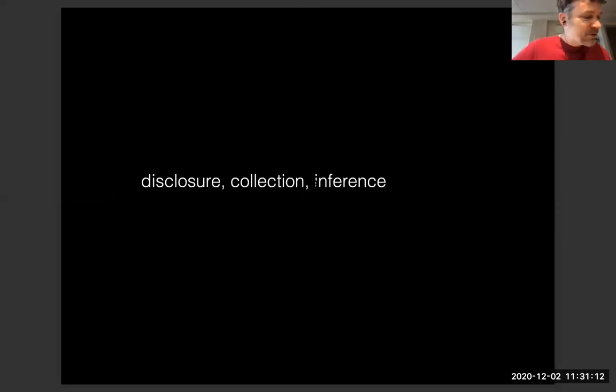So there's a couple of themes from these examples that I wanted to highlight for you. It's the notion of disclosure, collection, and inference. How can a company come to learn something about you? One way is you disclose information to them. You tell them your birth date. Another is collection. That's where you didn't explicitly tell them, but they observed you. An example of this would be when you're browsing around the web,